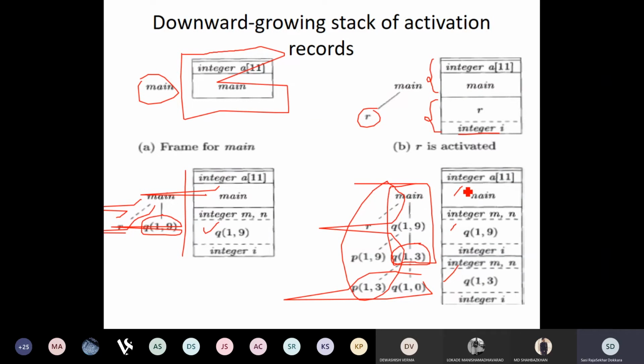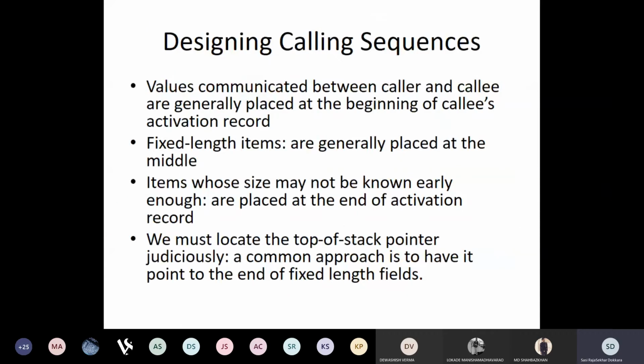Now, when different procedures are calling each other, what happens between the procedure that is called and the procedure that is calling? So now we'll look at how the calling sequence runs, and talk about designing the calling sequence. Calling sequence means when procedure A is calling B, what happens between both of them.